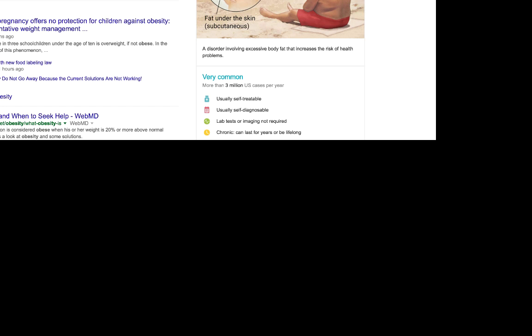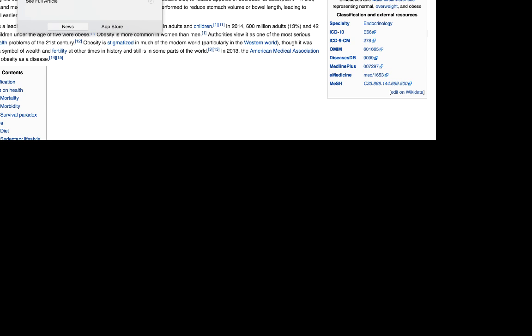So that will inform me of what I really need to get out of this search. So here I have obesity from different authors. Here, if I want to click on Wikipedia to know how they present the topic,